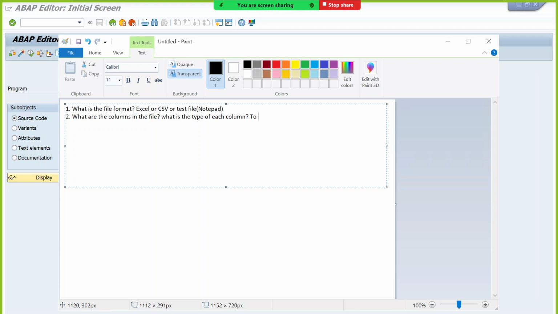What is the use of this? To prepare the structure for the file upload. We create a type structure or data dictionary structure, depending on the file columns, in the same order with the same data type. And then